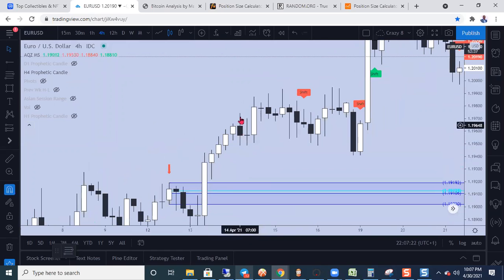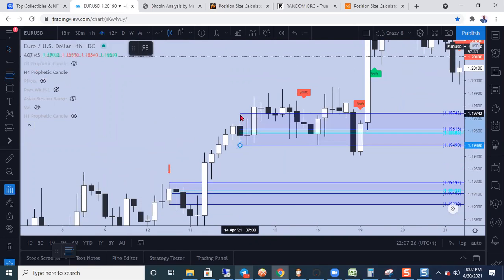Price shot up, then this is the bearish candle responsible for that high. You would have fibbed this. Price came, boom, buy, then price broke down, right? So I'll stop here just to let you guys know that you could trade momentum shifts and trade it together with the H4 PC and still be